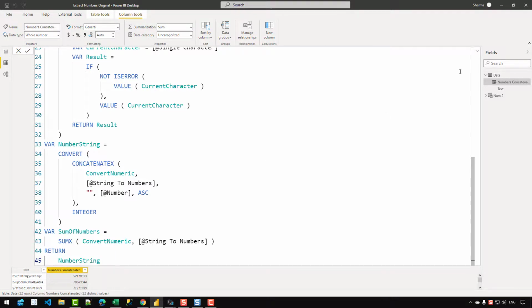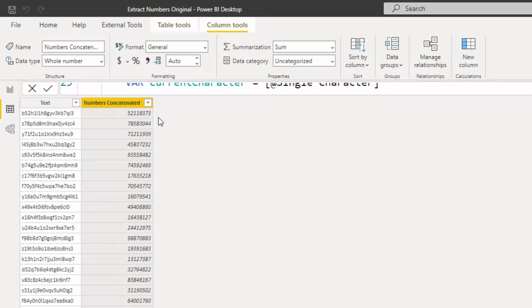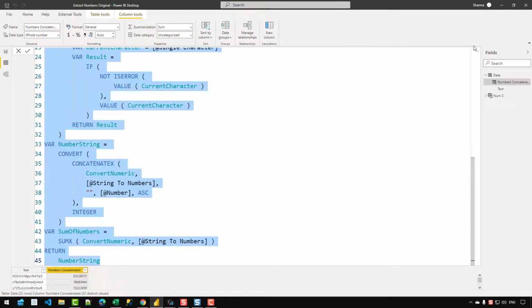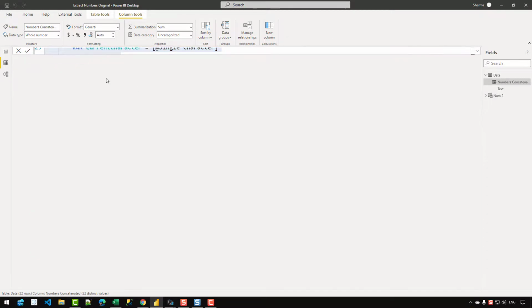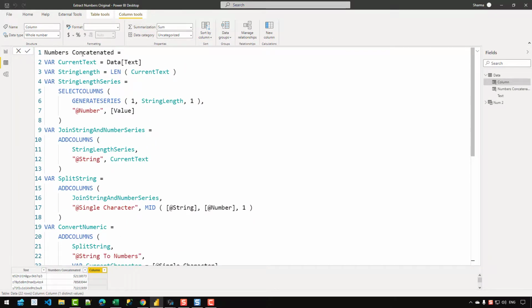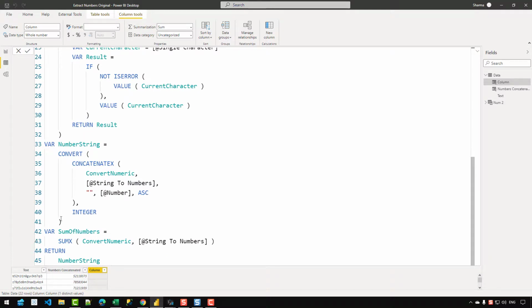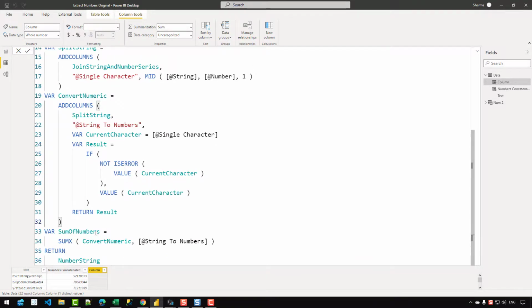So let's confirm that, and if I minimize that, you can see for each row we have extracted the number and have concatenated them as well, and the numbers are actually appearing in the order they appear in that string. Let's create another column. So I'm going to copy the code from this column, and let's create a new column, and I'm going to name it as numbers summed. So instead of returning the number string variable, I'm going to return the sum of numbers variable. Let's click confirm,